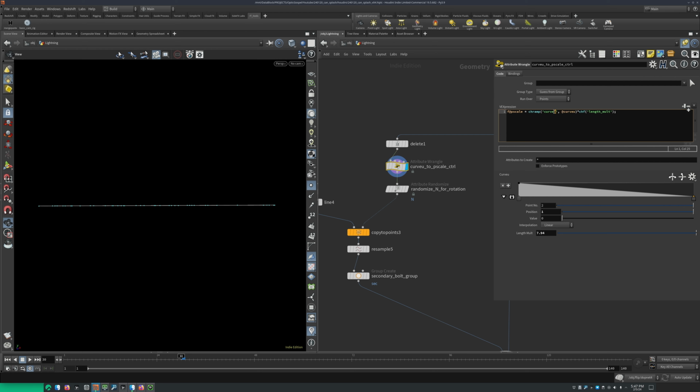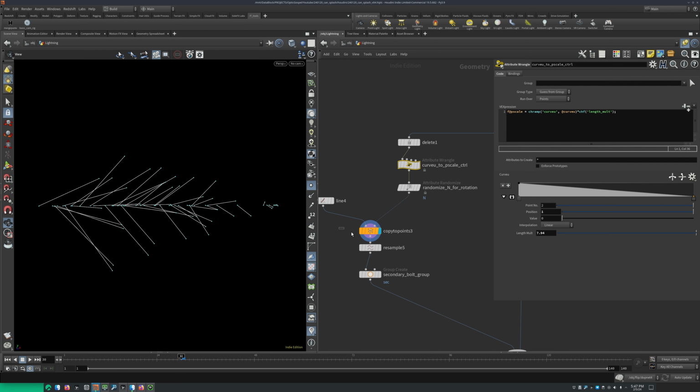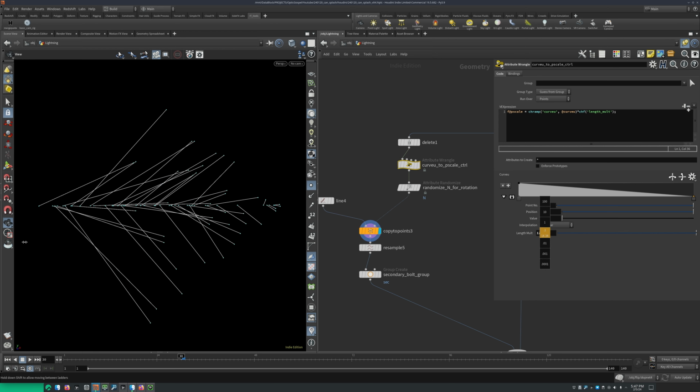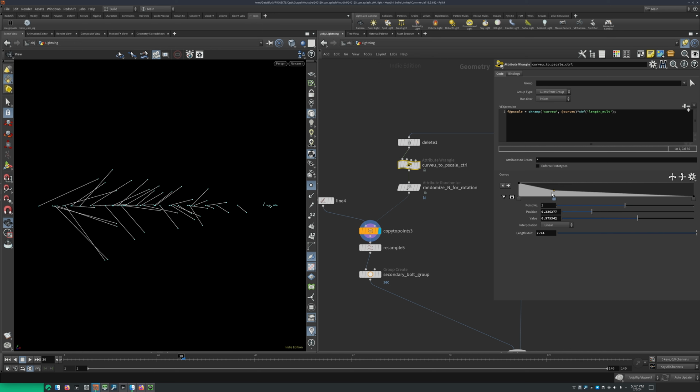and then name your ramp, type in the attribute to be remapped. In this case, you want curve view. And then I have a multiplier, so I can control the total length of the secondary lightning bolts. So as you can see here, now I can just control the overall length and the curve distribution of the